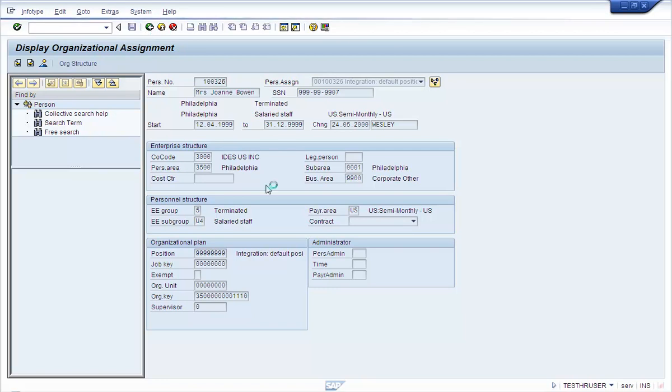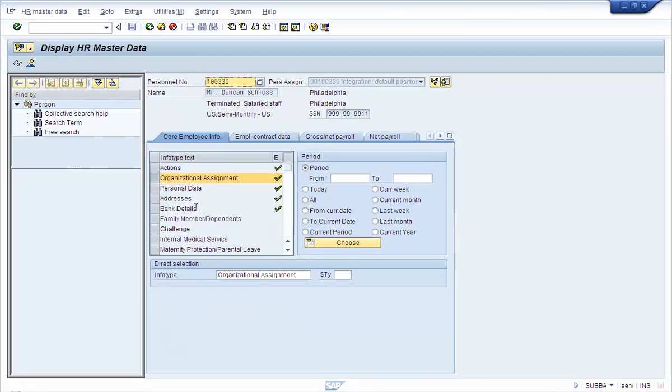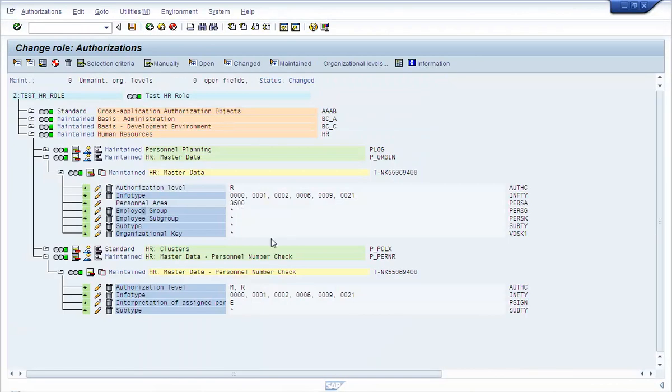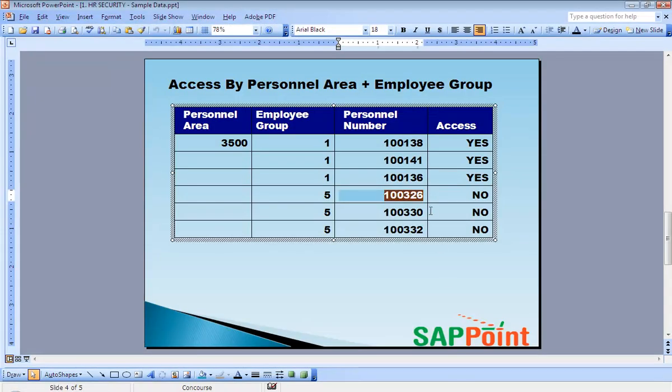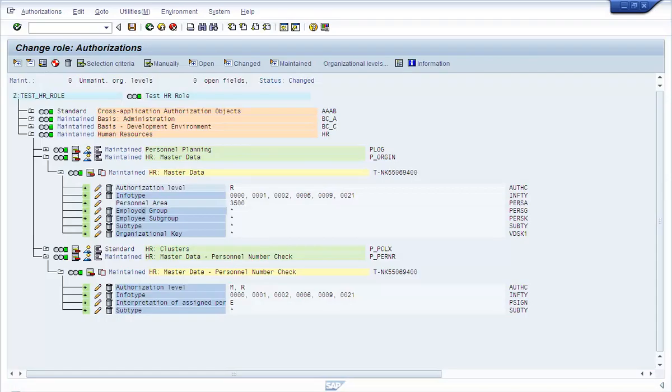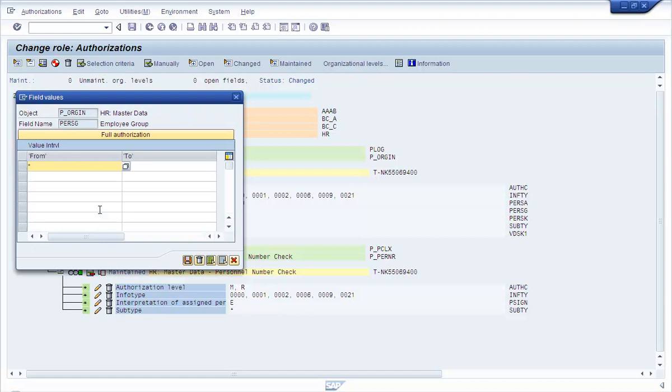So in our example, once we maintain the role, we want to restrict the user from seeing these partners which belong to employee group 5. So let's change the role, and in the employee group field, let us put 1.